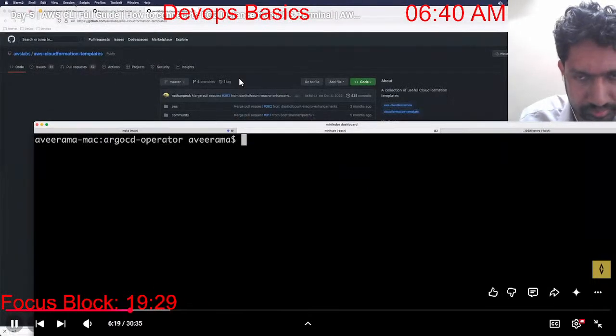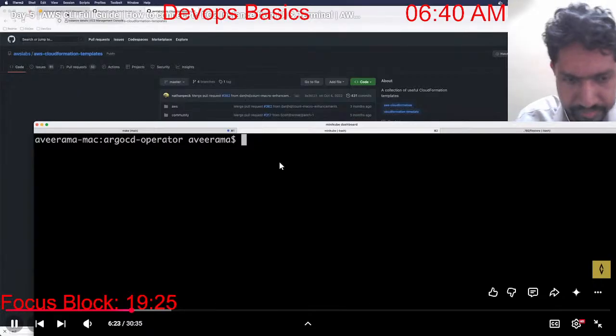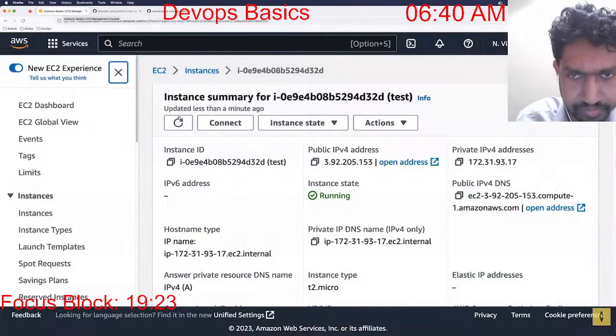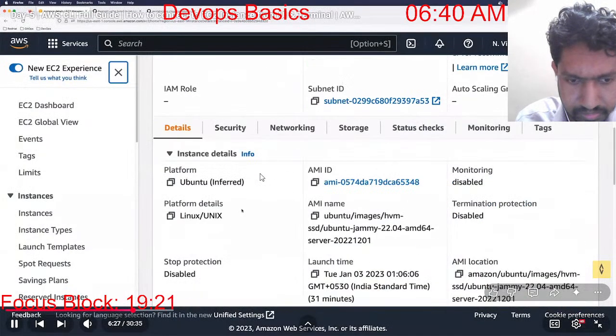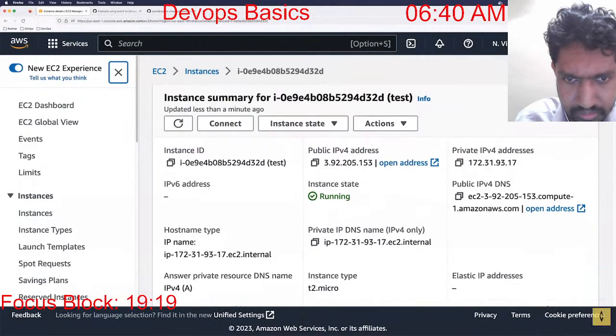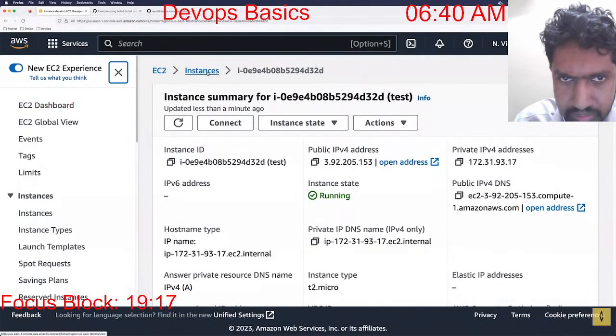Now, how do I log into this virtual machine from my terminal? I'll show you. So come here. If you scroll down, again, I came to the EC2 dashboard. This is the instances. I clicked on